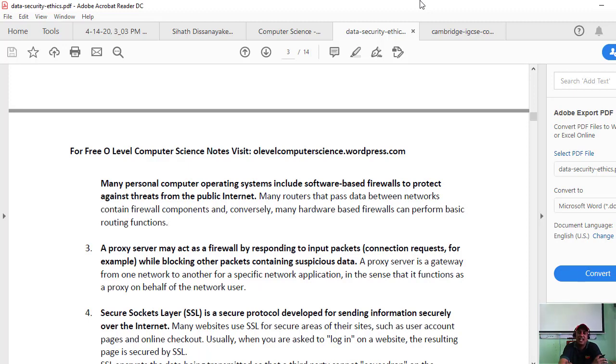So that is normally an ADSL router, an asynchronous digital subscriber line router. In that router also there are firewall features. There is an inbuilt firewall. That means when you are exposed to the internet, it will be checked by the firewall, and if it is a threat, it will stop it.